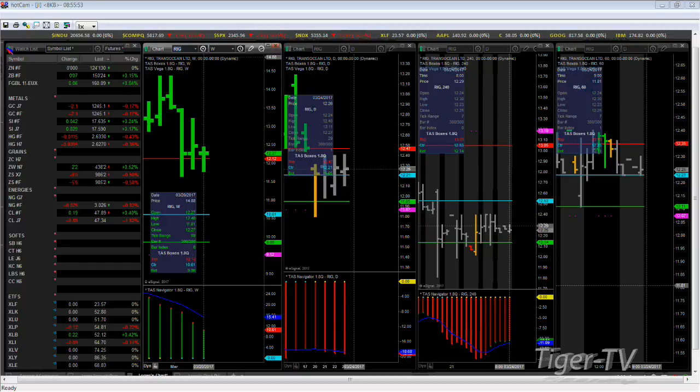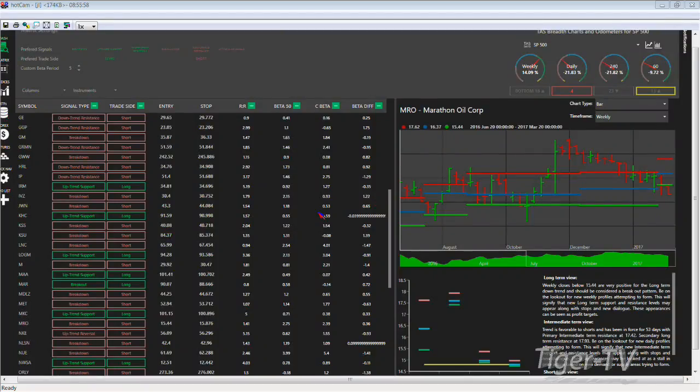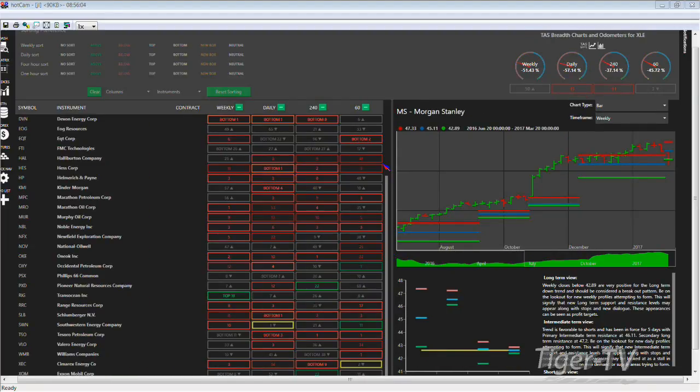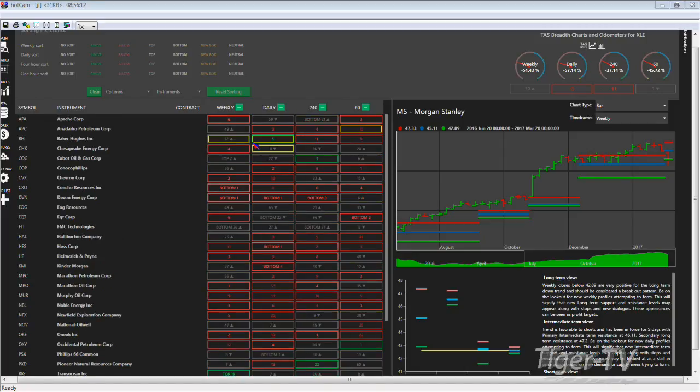Let's take a look at a couple other stocks in the oil sector, energy. Yeah, it doesn't look good, kind of a sea of red, to say the least. But there are some situations in here. The ExxonMobil, the RIG. There's Baker Hughes. Let's take a look at what's going on here.